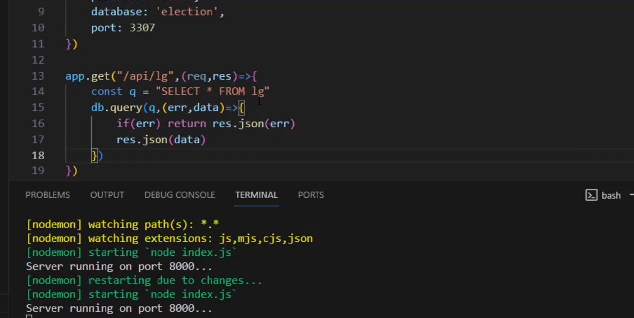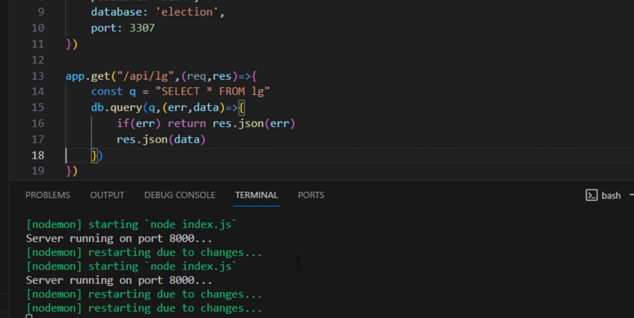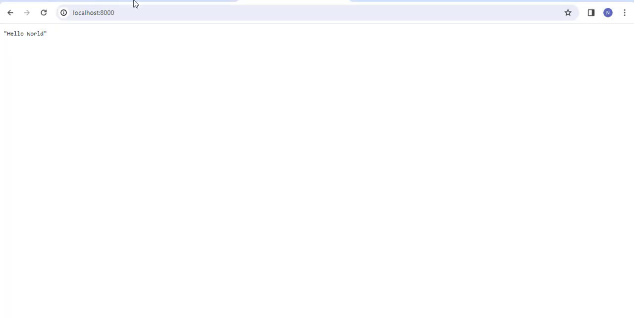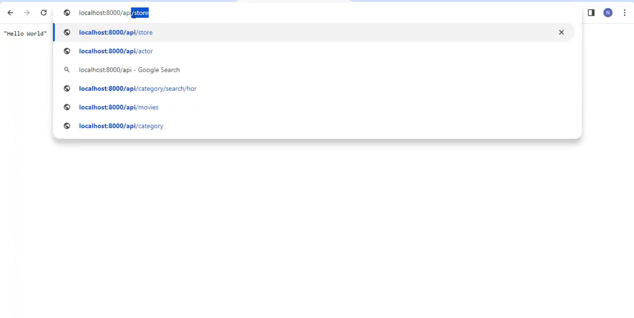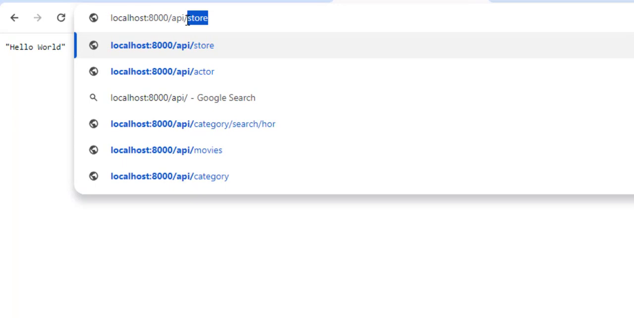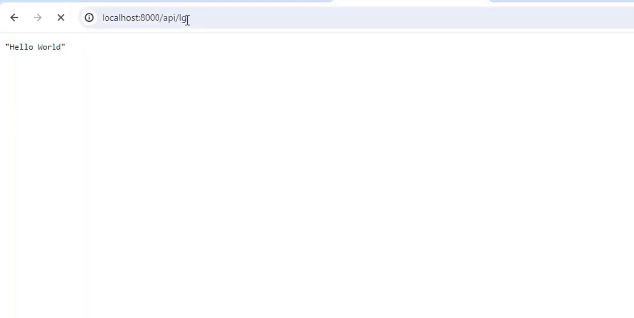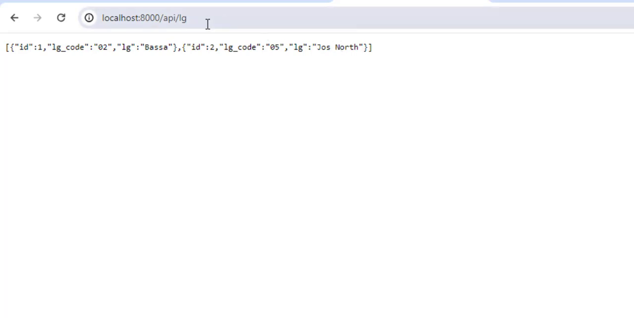All right, so let me go ahead and save that, and then I will come to my browser, and here I will do /api/lg, and let me press enter. So it is either I get an error or I get data. And of course I do get data. You can see I have ID number 1, LG code 02, and LG is person. And we have ID number 2, LG code is 05, and LG just north. Okay, so that means /api/lg. All right, so